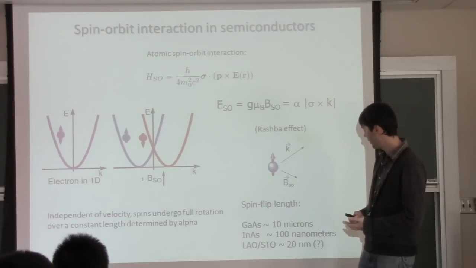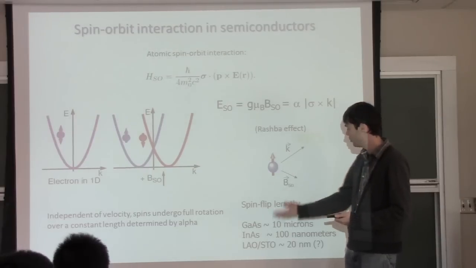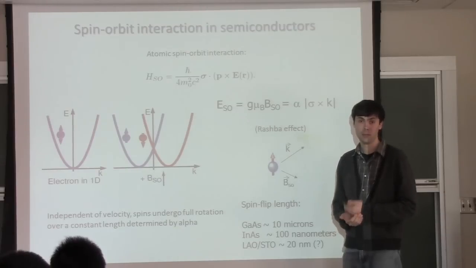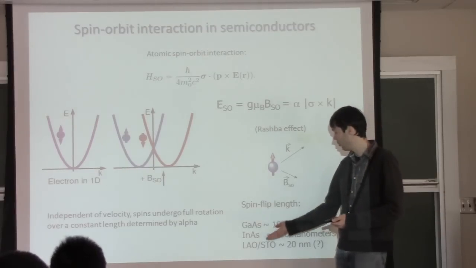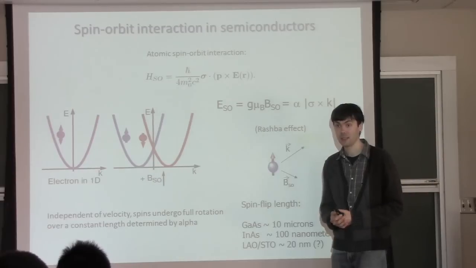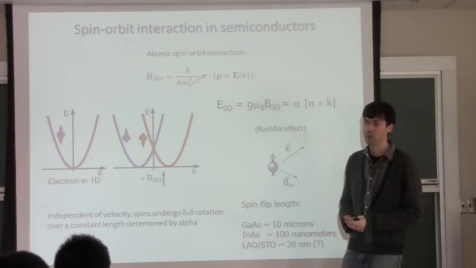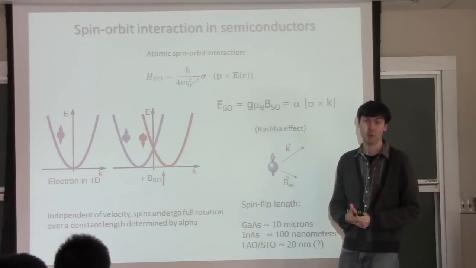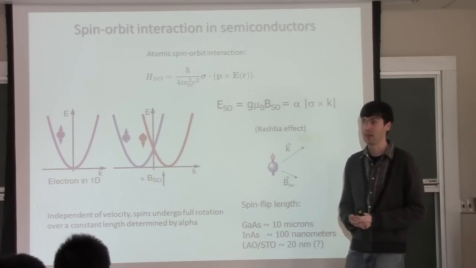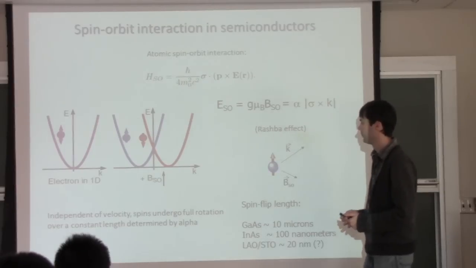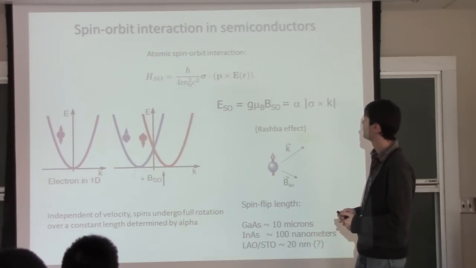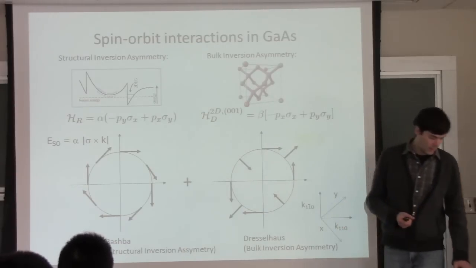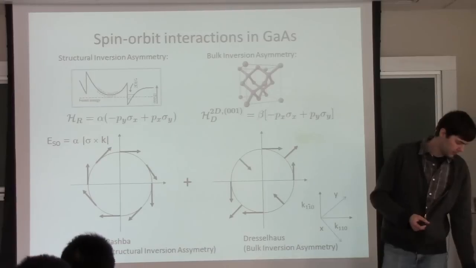And now if you want an even stronger spin-orbit interaction, perhaps you would be interested in what they study in Jeremy Levy's group, lanthanum aluminum oxide, strontium titanium oxide interfaces. There people have reported spin-orbit length in nanometers. So very, very strong spin-orbit interaction. Now in something like